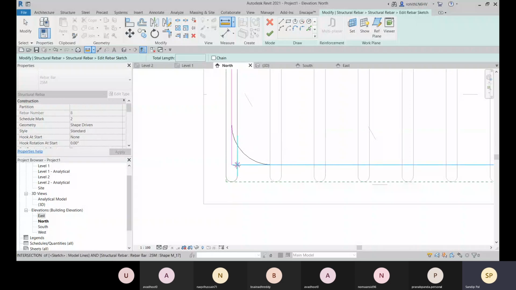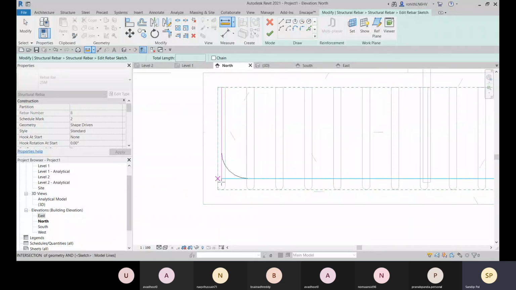Okay, so this is a center line, right? This is a center line.